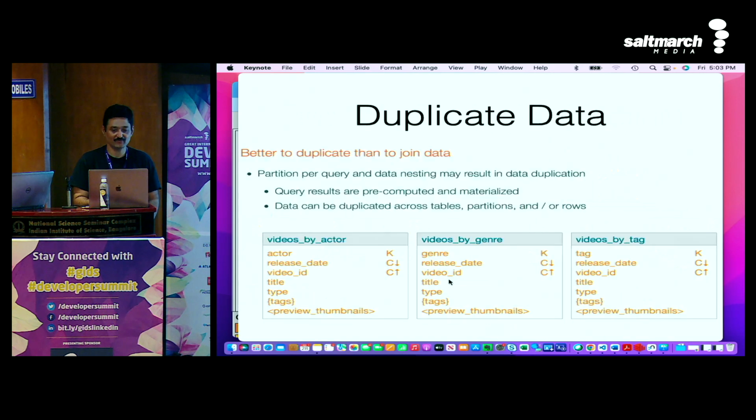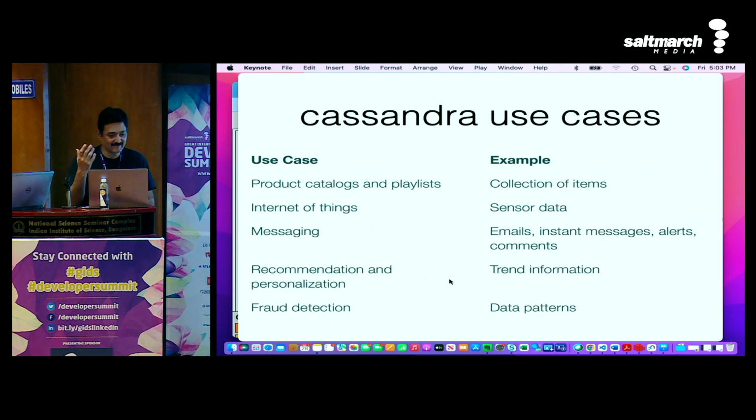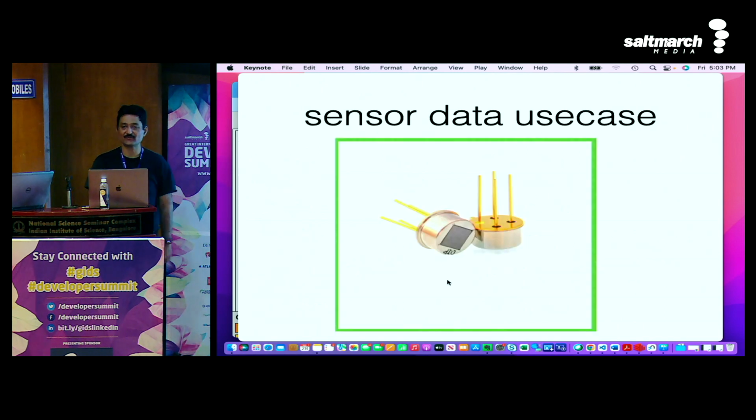Yeah, it's okay, because it's cheap. Cassandra is cheap, so you can have duplicate data without any problem. Now you can use it for sensor data and all this data. One important concept to understand is you need to pick the partitioning key really, really well. If you don't pick the partitioning key well, you will be in trouble. That means you will go back to using SQL Server. If the partitioning key is not correct, it's not going to work.